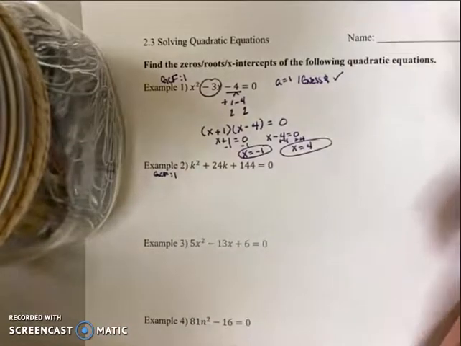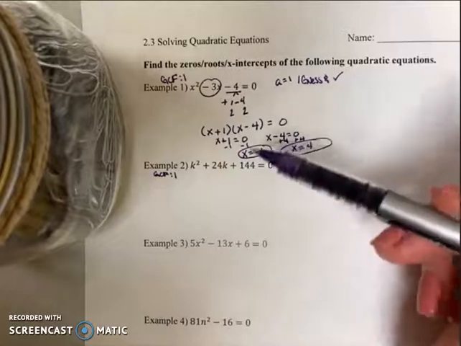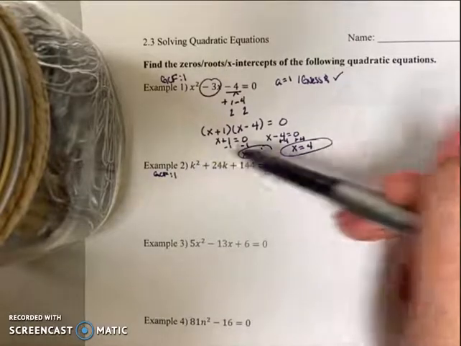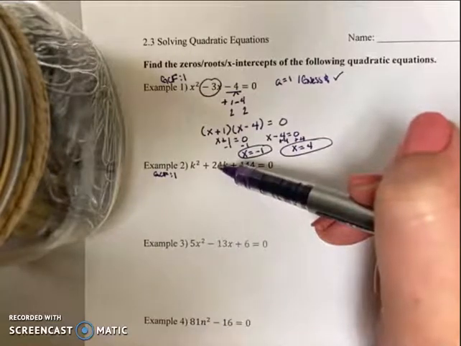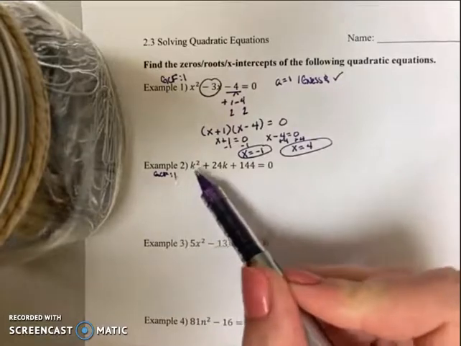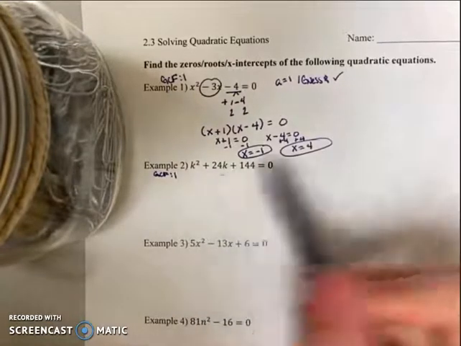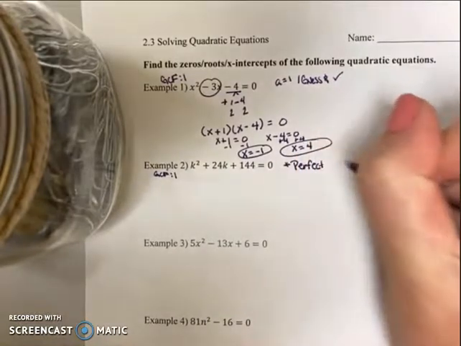So I'm just going to check and see if this is a perfect square trinomial. Remember, it's a squared, b squared, and 2 times a times b. So 2 times k times 12 is in fact 24. So yes, this is a perfect square trinomial,